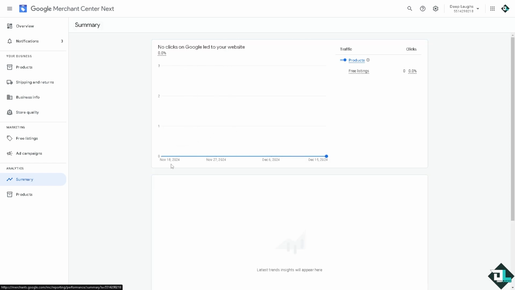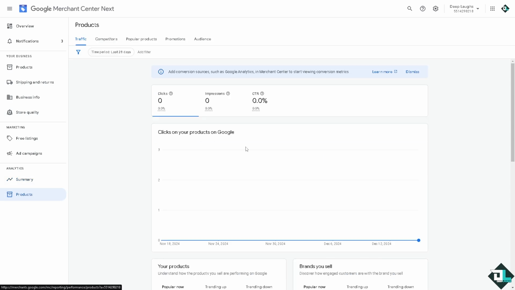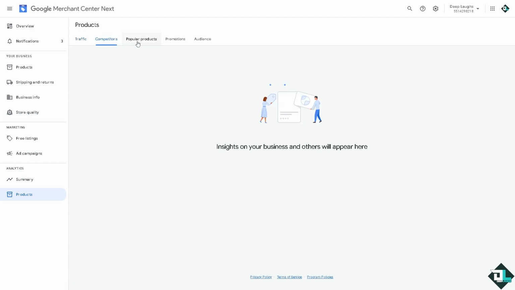So you would be able to understand and diagnose which part of your products and campaigns are not working, which is working. So you'll be able to analyze the data and also with the products. All right. You can add conversion sources such as Google Analytics. You would be able to see the competitors, popular products, promotion, and audience. All right. And basically, that's how you set up your